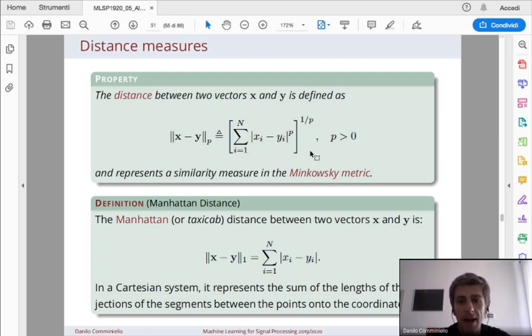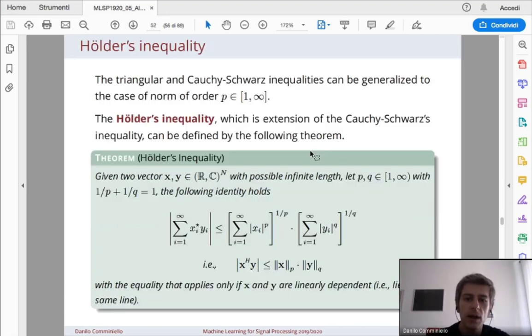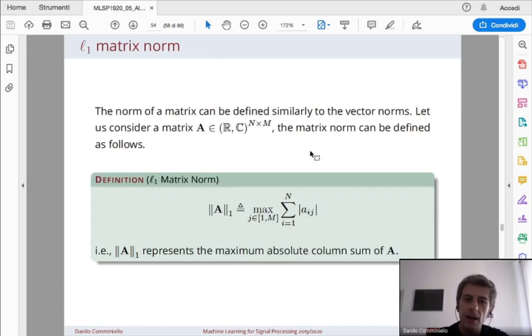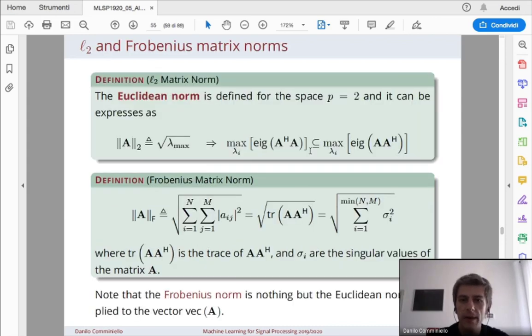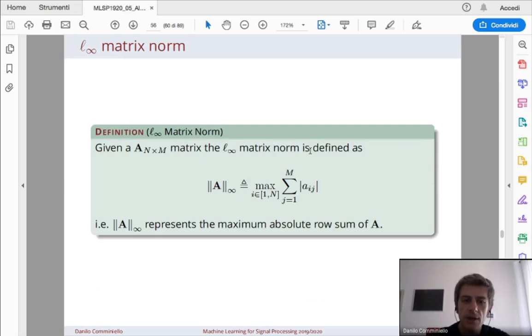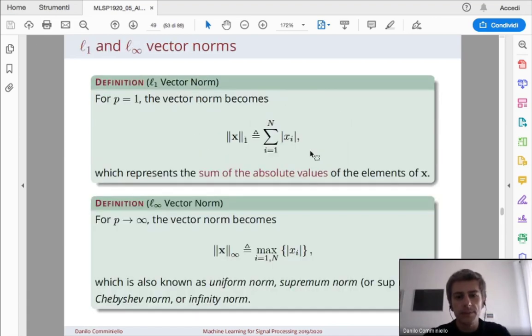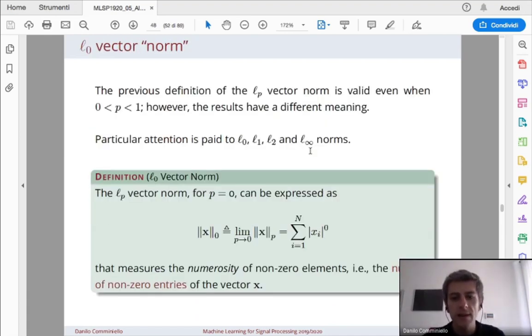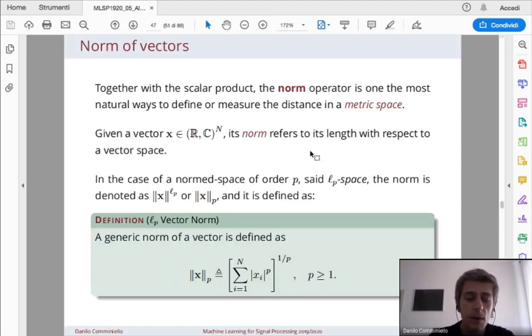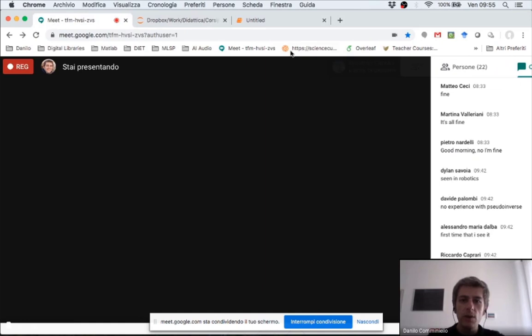I will come back later to this notation in order to define something in a deeper way. It can be boring for now, but I just want to show you that with the norm, you can measure the distance between two points in a metric space. Why a metric space? Because you can have different kinds of spaces, for instance a particular feature space. I would like to briefly show you how to write